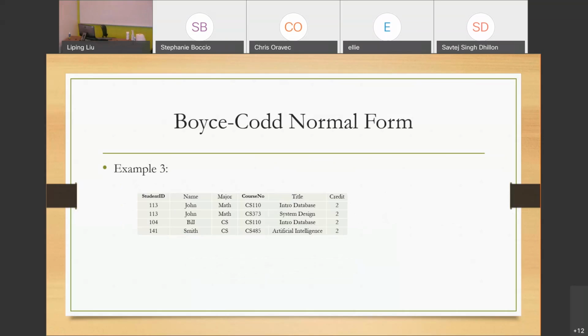So this table is violating second normal form because you have a primary key consisting of student ID and course number. However, you have partial functional dependency. That is, name and the major depend on the student ID only. Course title and the credit depend on the course number only. So you have partial functional dependency. So with that table violating Boyce-Codd normal form,